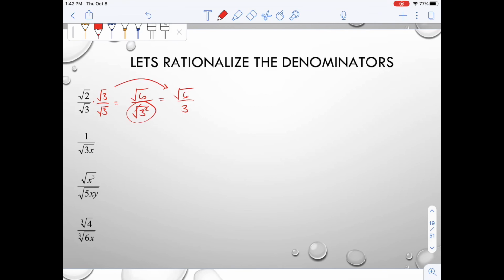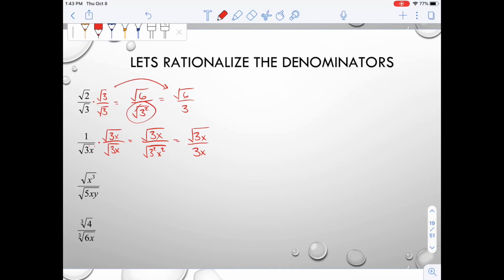Okay. In my second example, we have 1 over square root of 3x. Again, 3 to the first, x to the first, I can't simplify either. It's a square root, so I need the exponents that are each to the first right now to be second. So I'm going to multiply by square root of 3x over square root of 3x. So what I'm going to get here is square root of 3x over square root of 3 squared, x squared. And what I'm going to get then is square root of 3x over